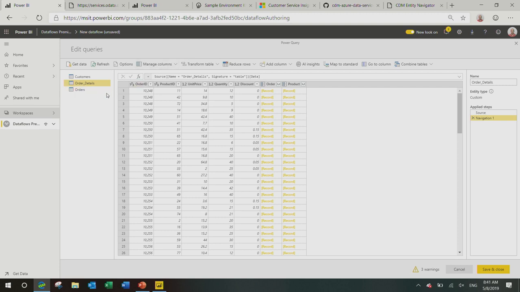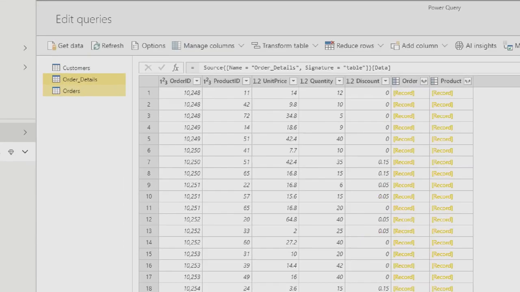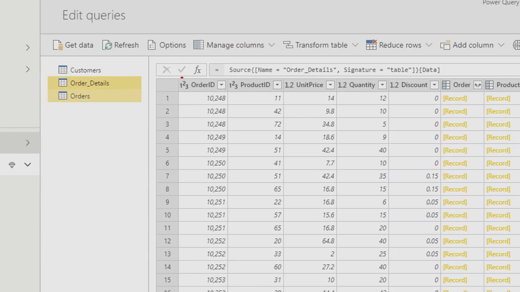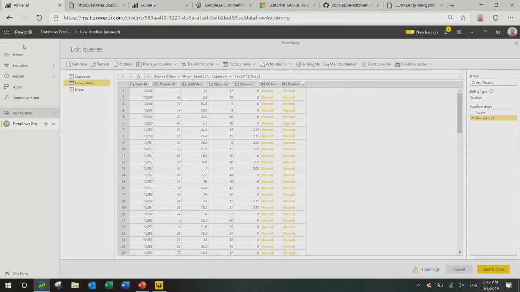We brought these three tables. Now, order details has lines of order. If you look at each of the lines of orders here, we do have the order ID. And for example, for 10248, we have 3 lines of order. Then we have the product ID, and then we have unit price and quantity. I'm not going to give any discounts today.